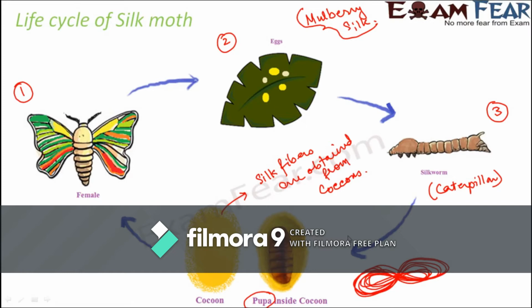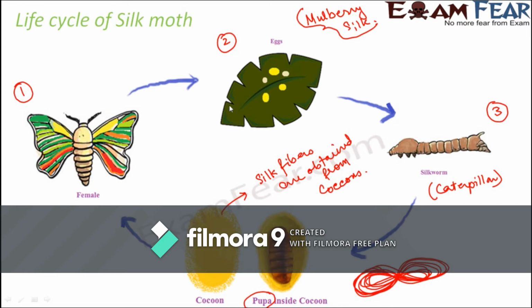And that is why we get different types of silk, like some of them are soft, some are coarse, some are shiny, some are rough, and that is what we get as kora silk, kosa silk, muga silk, tussar silk, etc. So now you understand why we have so many different types of silk in the market, because there are many different types of silkworms as well, and different types of silkworms secrete different types of proteins, and these proteins later form silk fibers. So the proteins actually decide what the type of silk would be. So this is basically the life cycle of a silk moth.